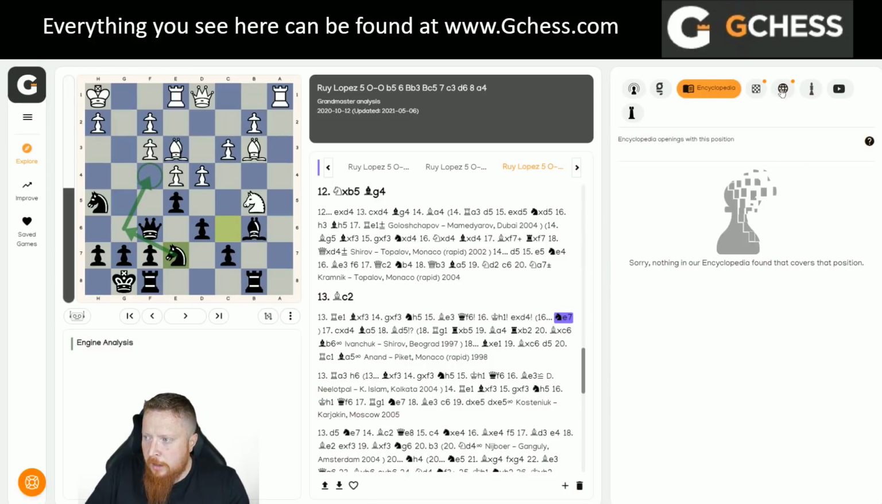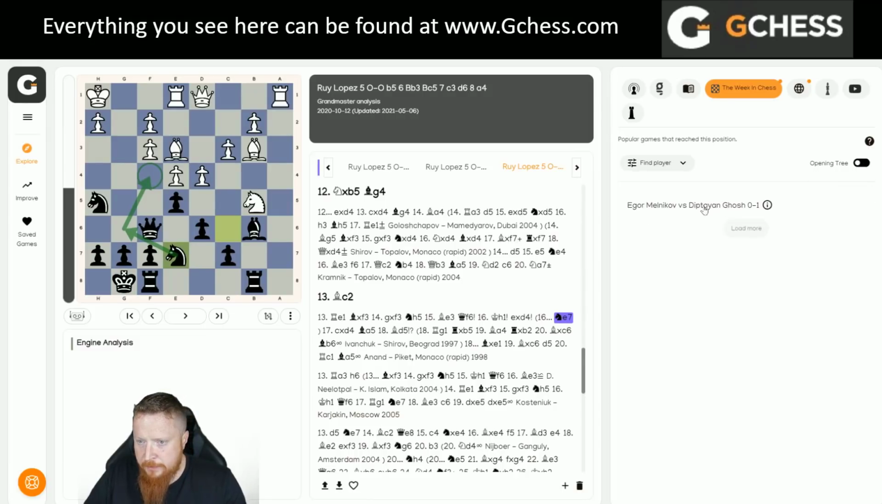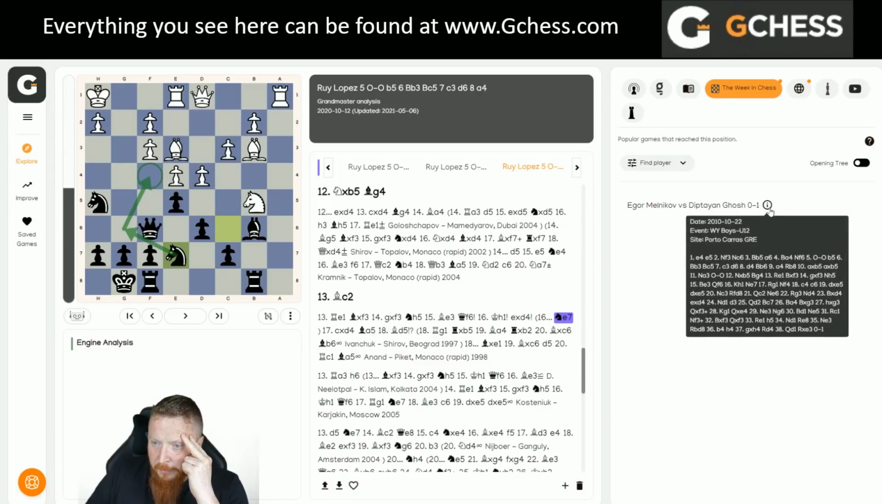Now, aha, and you can see, because there's orange dots up here, this is not a new move. It has been played before. I'm just going to see who's played this. Okay, it's only been played one time. And if I click the opening tree, I can find out the game, and this is the game. How strong were these players? This was played in the under 12 World Championships,